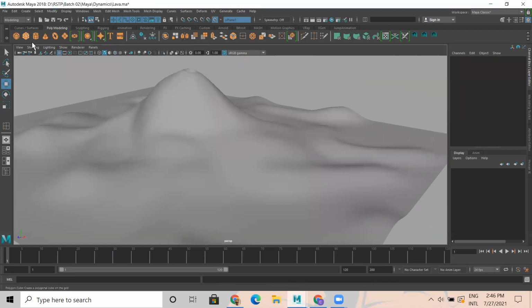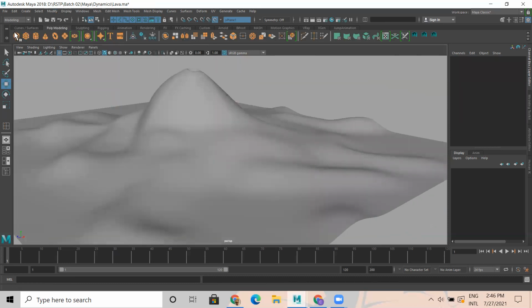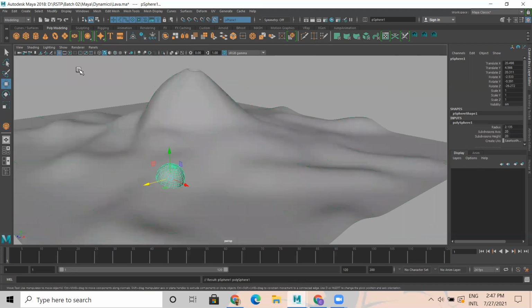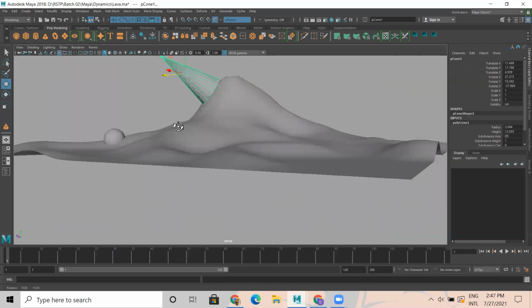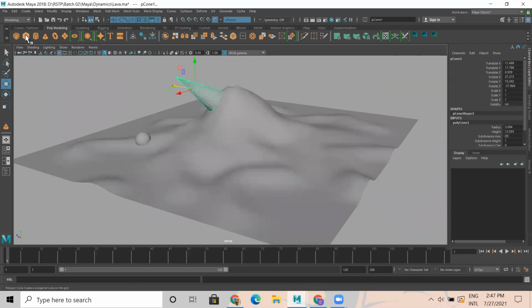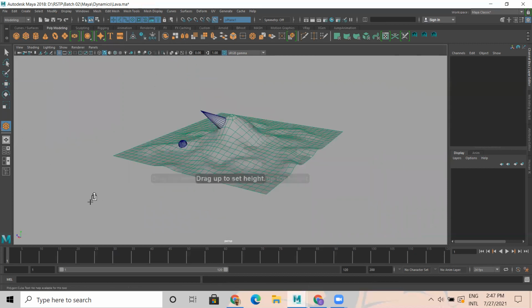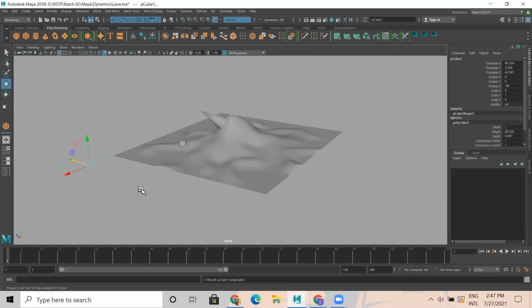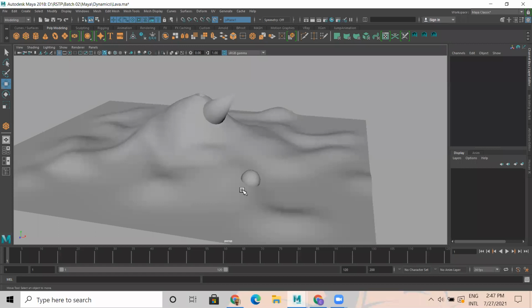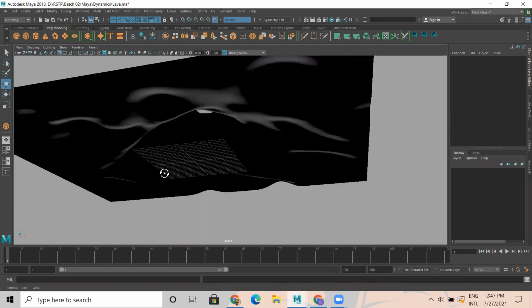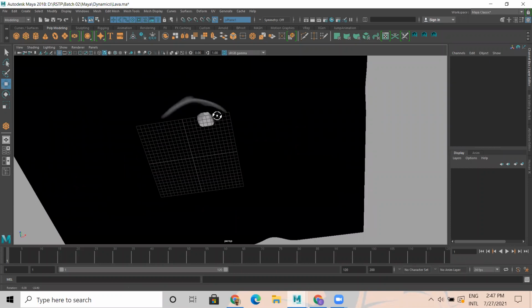For example, if I create something, it is on the surface. If I do make live, this object becomes live. This acts as a grid, so that whatever I create will be on the surface. Otherwise, it will be on the grid below.